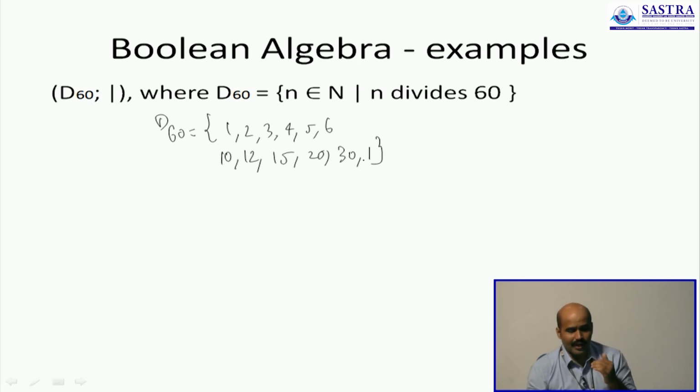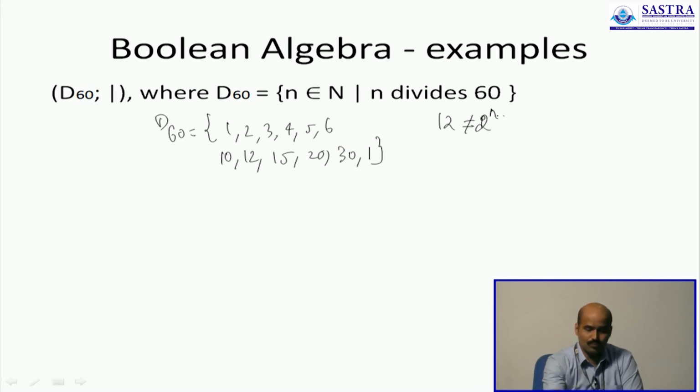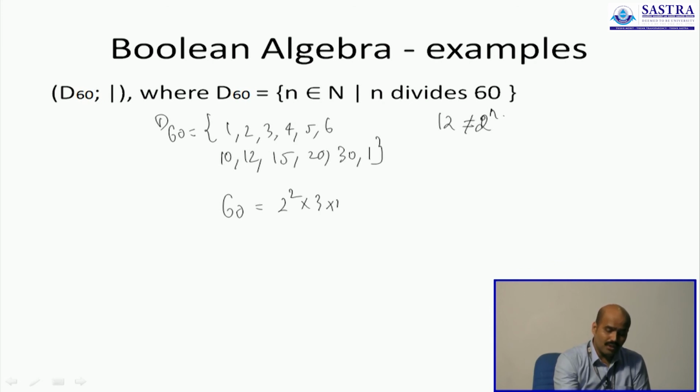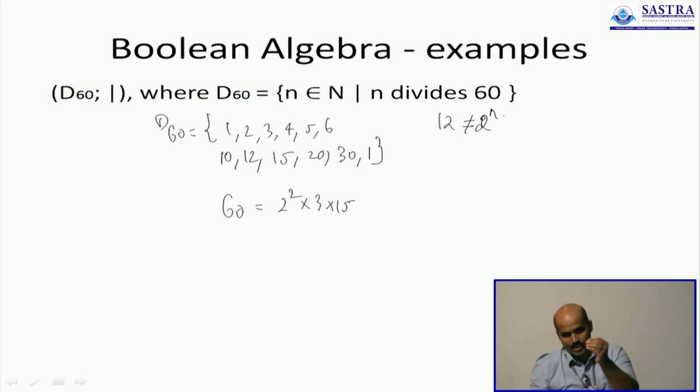It has in fact 12 elements, and 12 is no power of 2. And when you factorize 60, you will have to do it as 2 square times 3 times 5. The powers are not single powers of prime numbers, you have 2 power 2. That also helps us identify that this lattice, even though it's a lattice, can only be a lattice, cannot become a